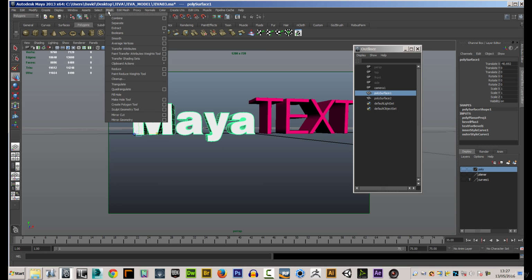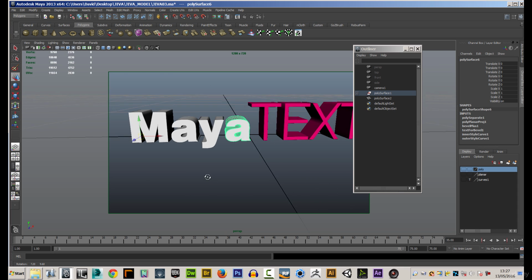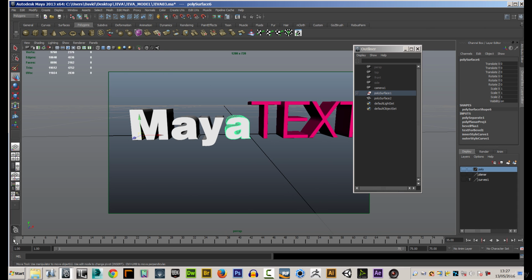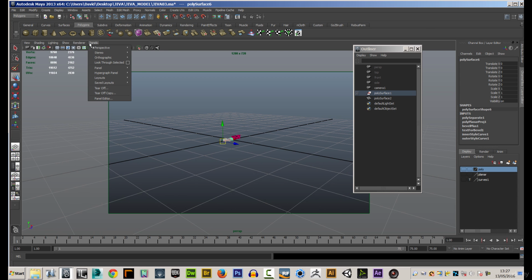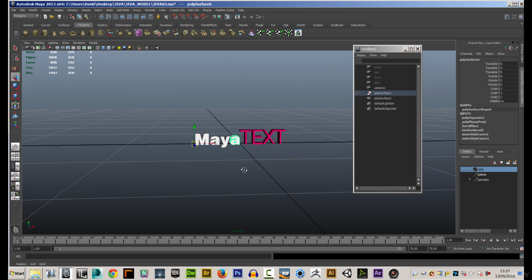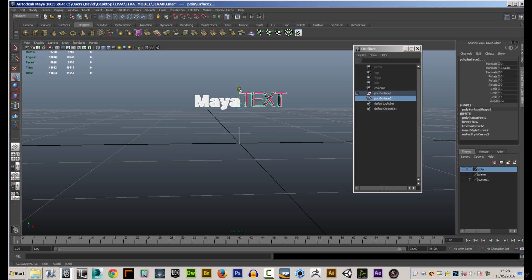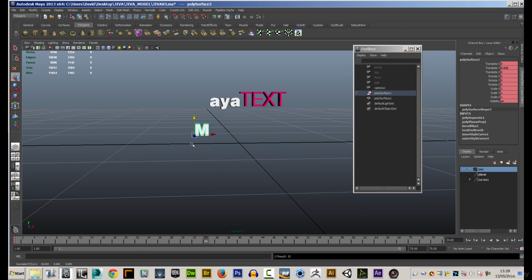Then what you could do is you could go up to mesh and then separate, and it would actually separate these out, which would give you control, because if you took this now and I decided at 1 I want to set, I'm going to go into my camera. This has got animation on this camera from the last lesson. So what I might want to do is I might want to take all this stuff, bring it up and say, right, okay, I'm going to take all of these letters, I'm going to press S on the keyboard to set a frame, and then this one at 34 I might want to bring it down and then press S,